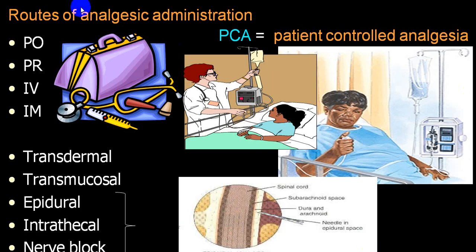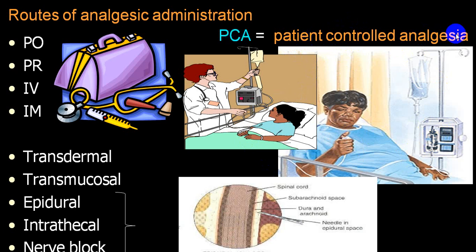Some of these analgesics are available per oral, per rectal, intravenous, intramuscular. You can utilize them as patient-controlled analgesia. See here, the patient can control it on his own. As soon as the pain is less, he can cut down the drip. When the pain starts, he can restart the drip. This is called patient-controlled analgesia. So this particular instrument can be utilized and the patient will control the drip sets, and that is what we call